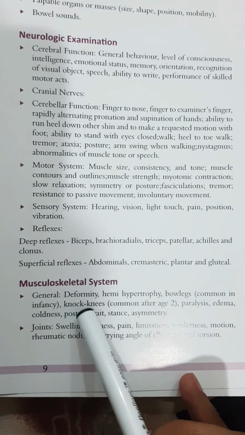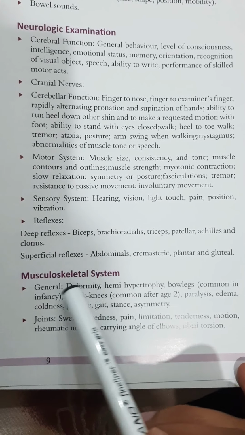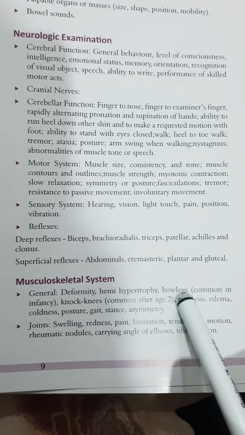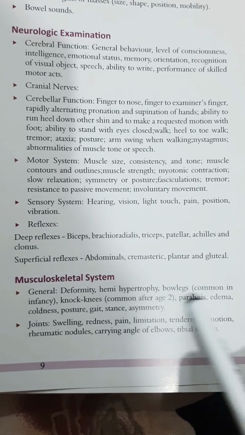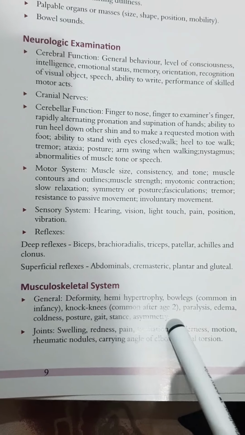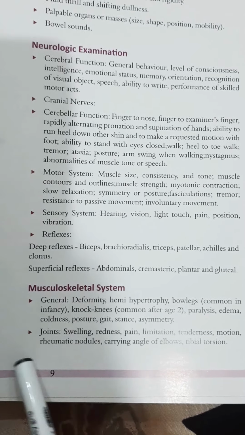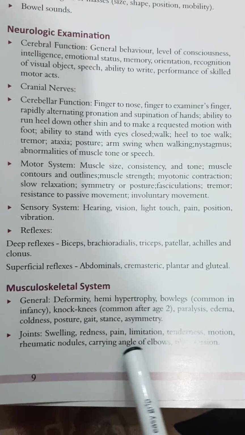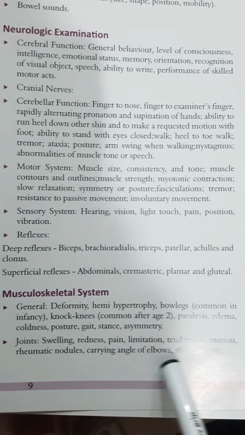In the musculoskeletal system, generally we will see the deformity, hemihypertrophy, bow legs, which is common in infancy, knock knees, common after 2 years of age, and paralysis, edema, coldness, posture, gait, stance and asymmetry, if any present. Then we will check the joints for swelling, redness, pain, limitation of the movement, tenderness, motion, rheumatic nodules, carrying angle of the elbows